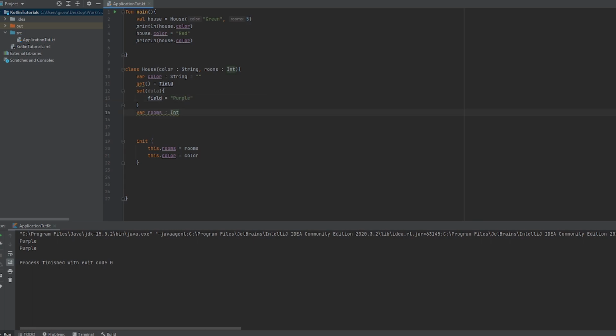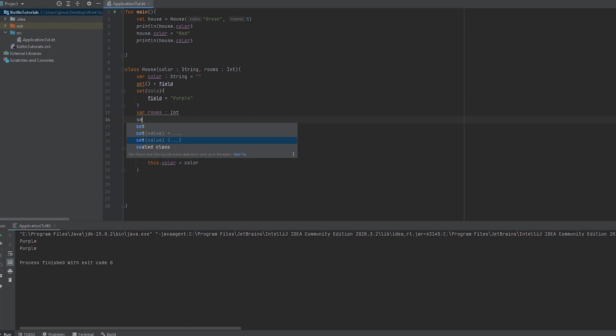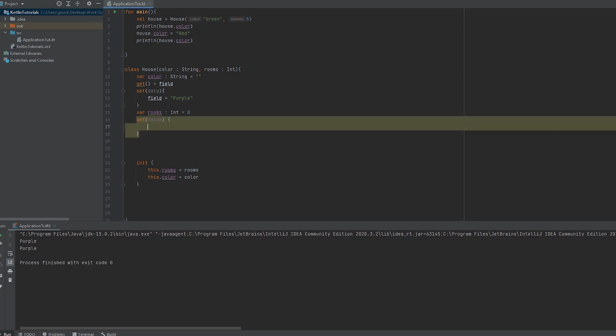In a cool sense though, we could add some logic to it. So here, let's do a set. This also has to be initialized. When we try to adjust the set, we have to initialize it, so we're just going to make this equal to 0. And what if we have a person pass in a value for rooms, and for some reason we want to double it,